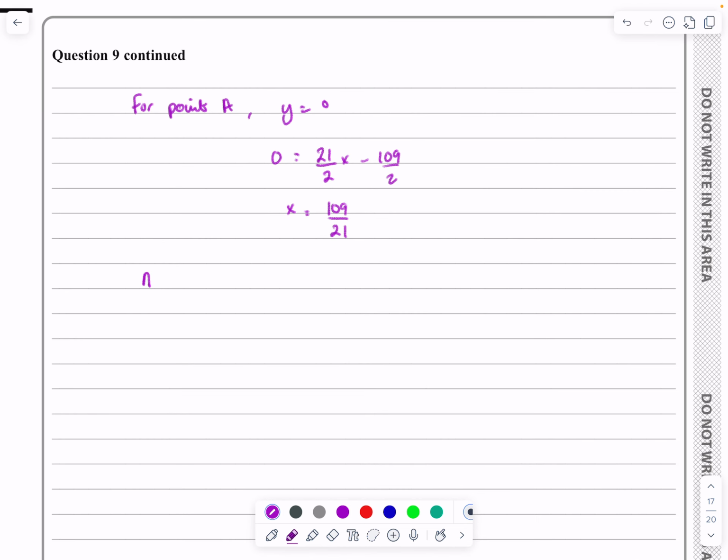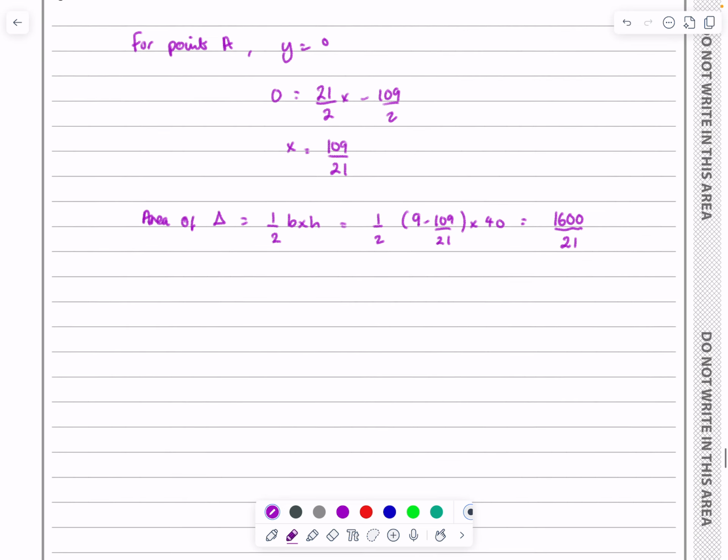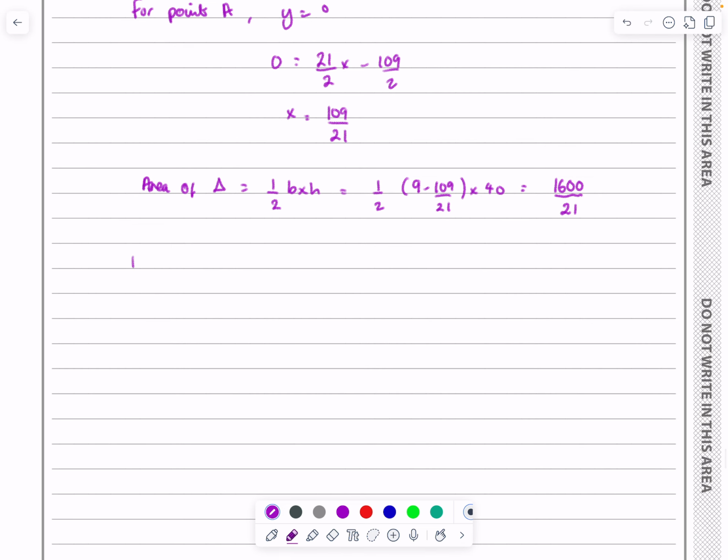So I can now work out the area of my triangle. The area of the triangle is half base times height. So that's going to be a half, well, the base is 9 minus 109 over 21, times the height, which is 40. That works out to be 1600 over 21. And now I've got to, again, tell the examiner what I'm doing here. So region R,